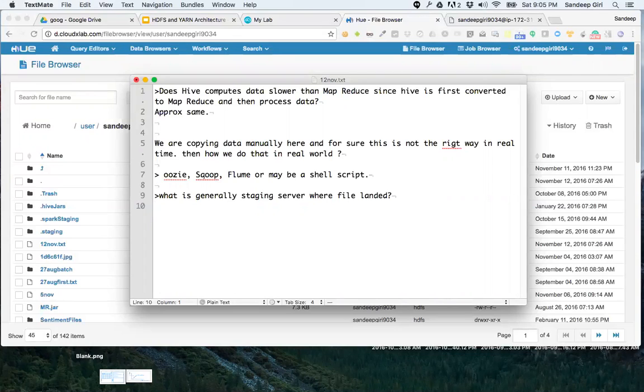One, a small one, like we have CloudX Lab, and another, a production server. So most of the work people practice and do on the sandbox cluster, and once that is working fine, they start pushing it to the real server. Is that what your question was? I hope I understood it right.